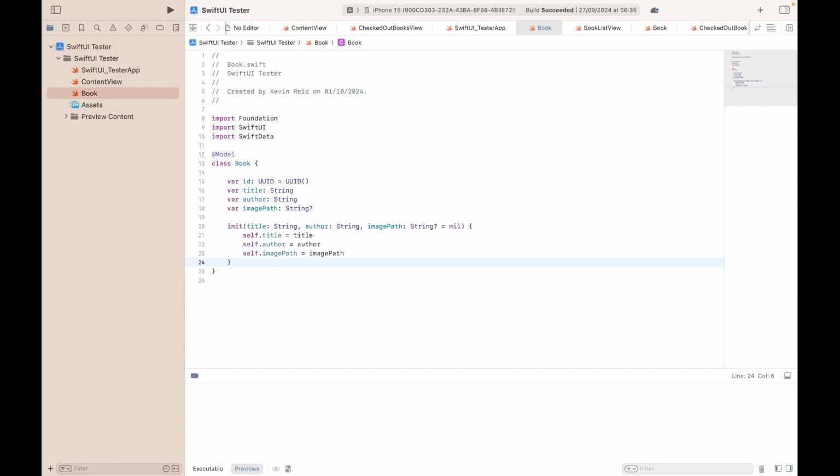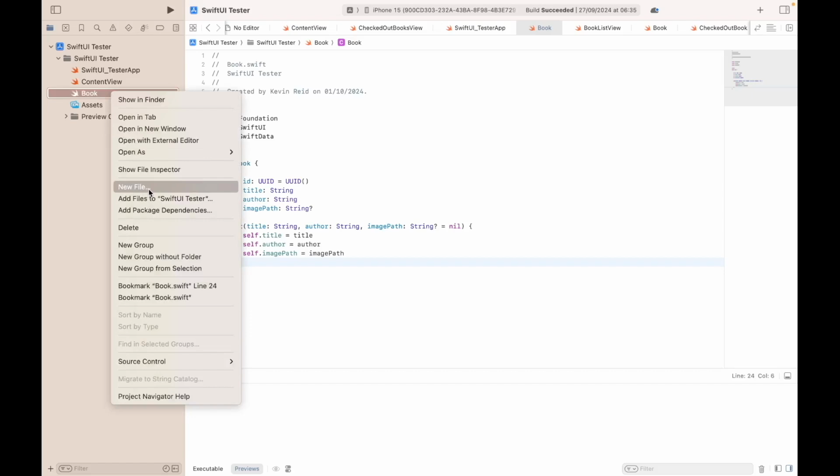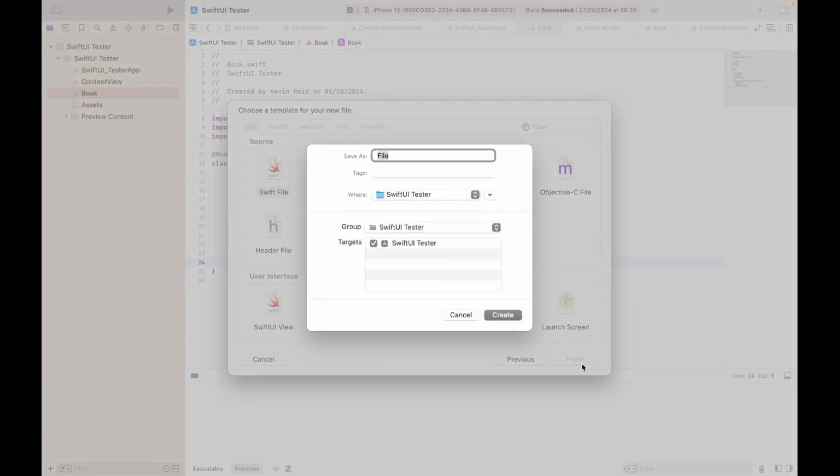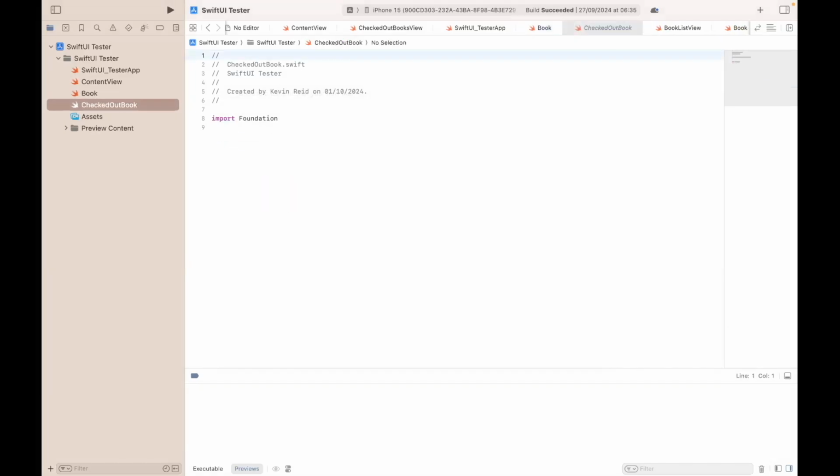And the next table we need to create is the CheckedOutBook table. So we create another Swift file. Name the file CheckedOutBook. And then we add our imports that we added previously. Import SwiftUI, import SwiftData, @Model